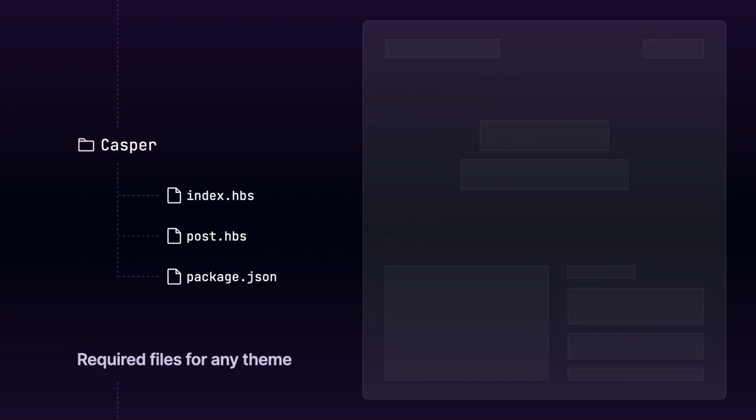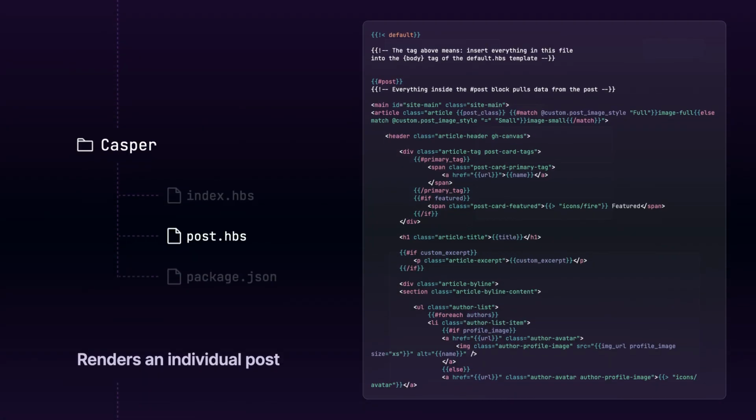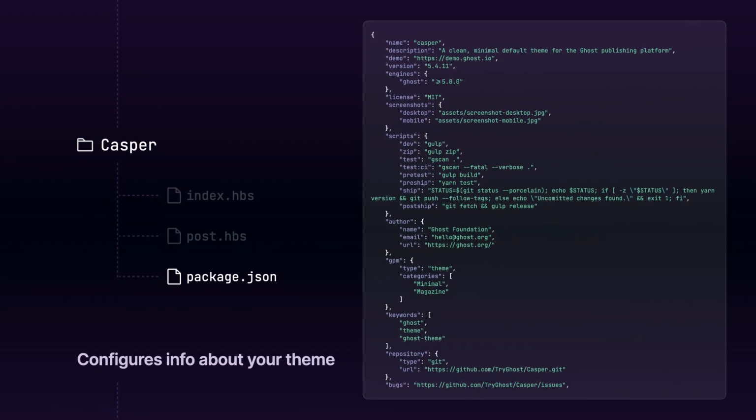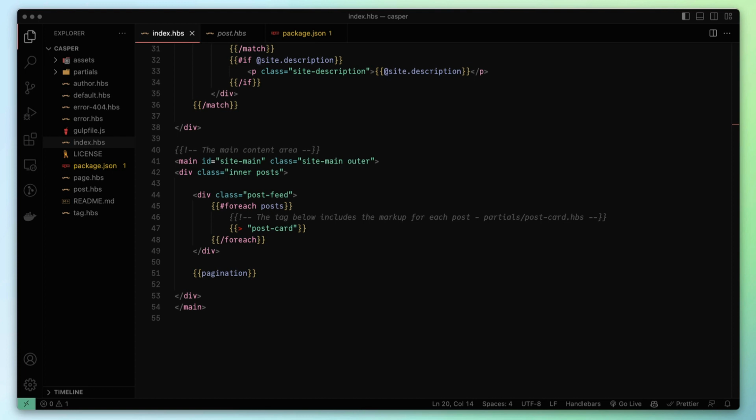While a real-world Ghost theme will be made up of several different kinds of files, there are only 3 that are required to make it work: index.hbs, post.hbs, and package.json. So you can take these 3 files, zip them up, upload the resulting file to Ghost, and then have a fully functioning theme. With that in mind, it's good to understand what these 3 files do to have a really good sense of what makes the structure of a Ghost theme. So first, let's look at